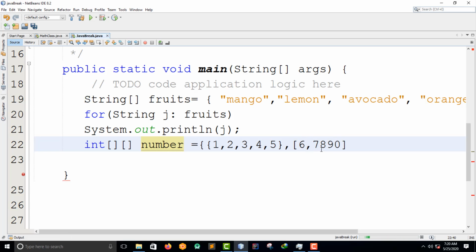So I'm going to have a comma here, comma here, comma here, and comma here. So I have to close these.